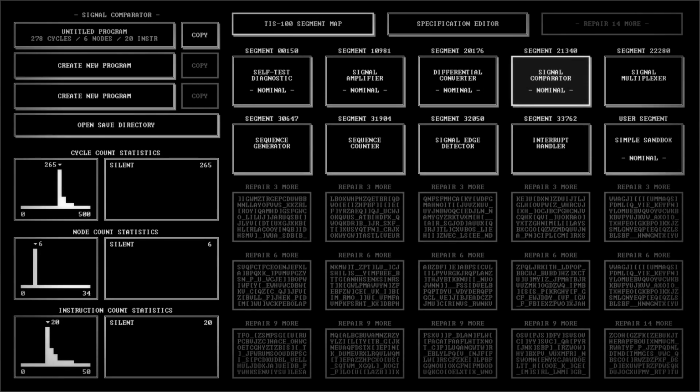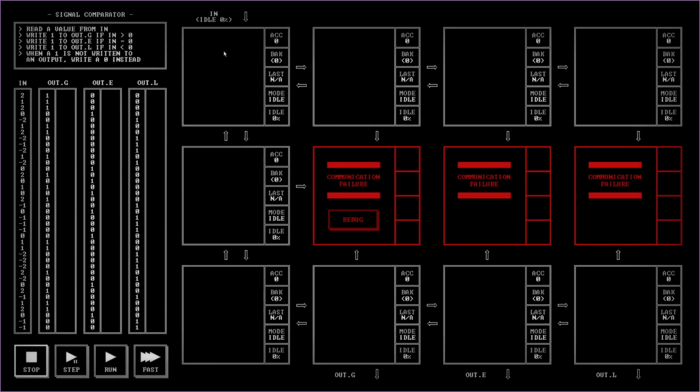This is the fourth part of TIS-100, signal comparator. I'll start a new program as always. This program wants us to read in a value and then do three comparisons, kind of, and then write to